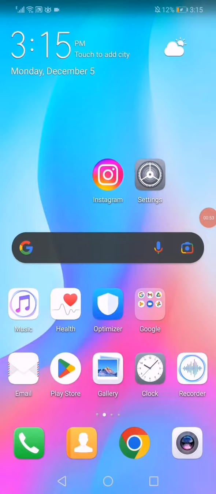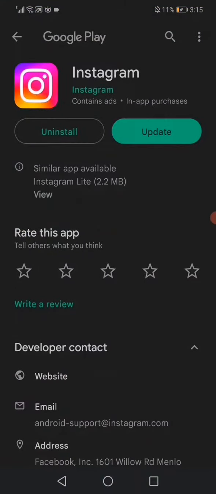Go back to the home page and go to the Play Store and search for Instagram to check if you have the last version of Instagram. If you don't have it, then